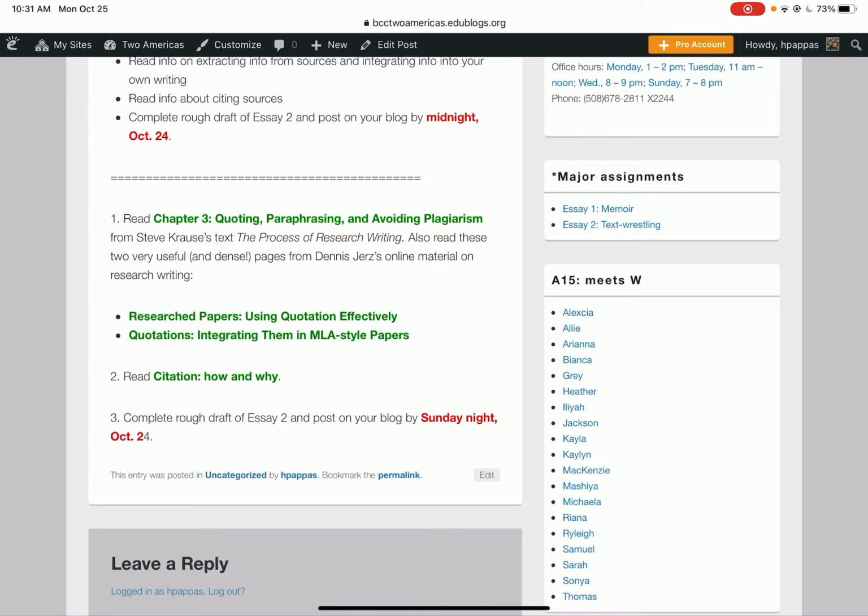So I don't expect that everybody's going to be perfect the first time around. And it's something that will develop as you work through several research processes. So this is information that you might go back to as you get to the revision stage and as you're working on the research paper, which is going to be a longer version of this.